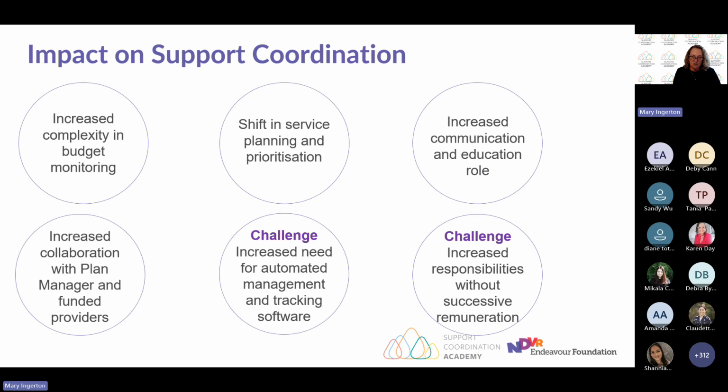As well as managing and tracking support coordination service billing and invoicing to ensure they align with when the funds are accessible, support coordinators will also need to keep track of those 3 monthly instalments. So being aware of how much funding you have within each period and keeping track of that service billing as well as invoicing, in relation to a participant's budget, but also in relation to managing your own support coordination budget. So there's also a shift in service planning and prioritisation.